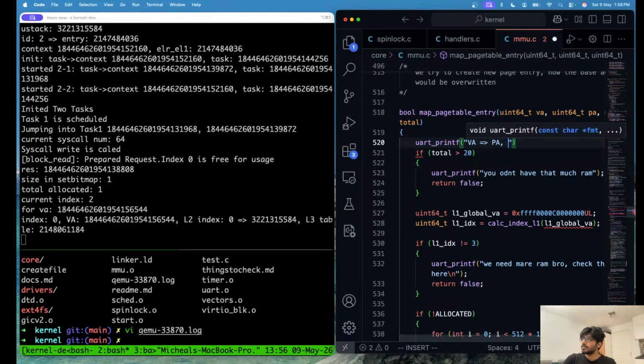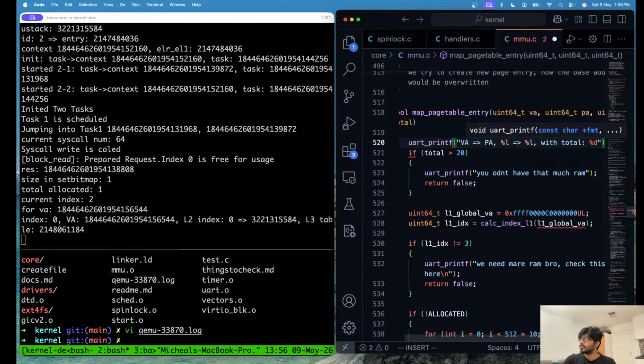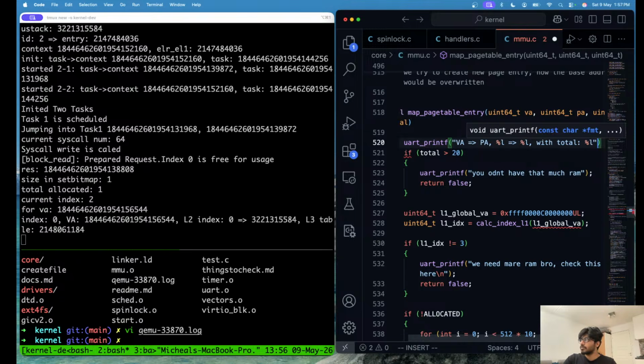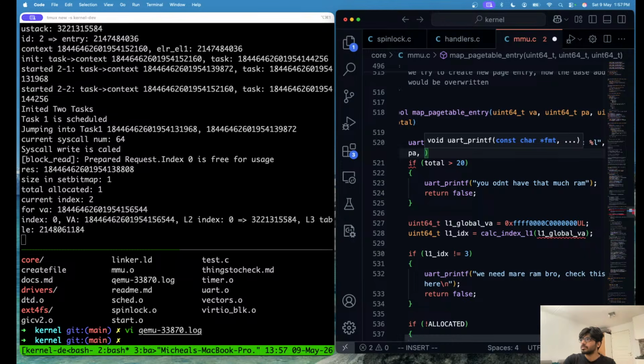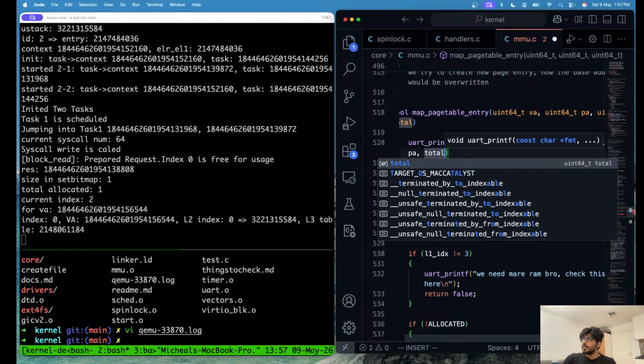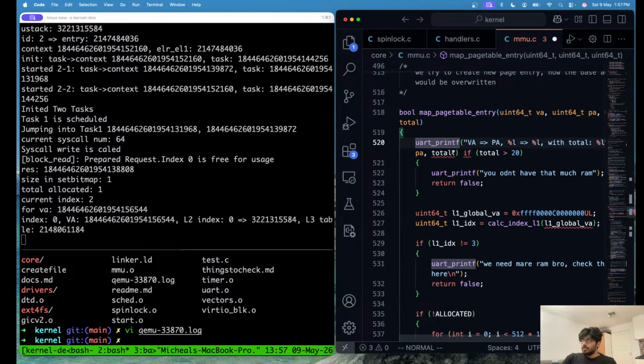That is L2 to L3 with total. So we can put VA and PA and